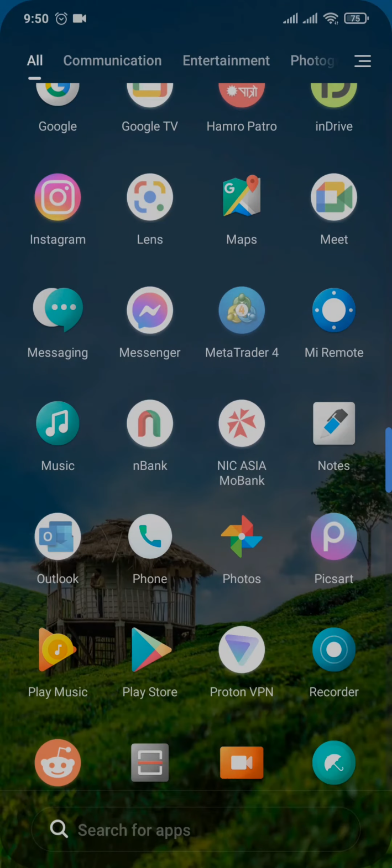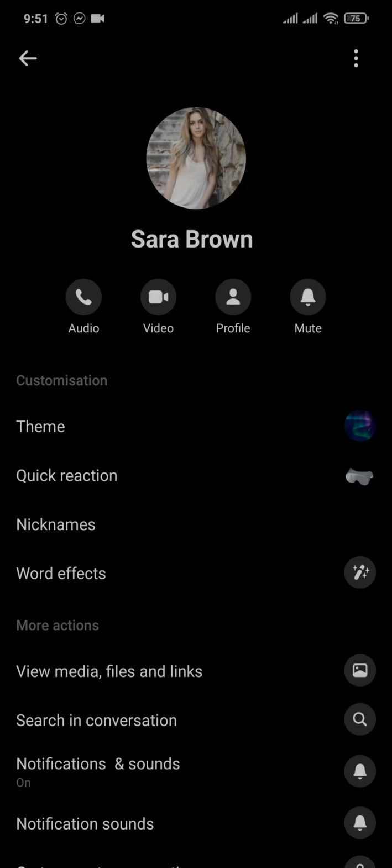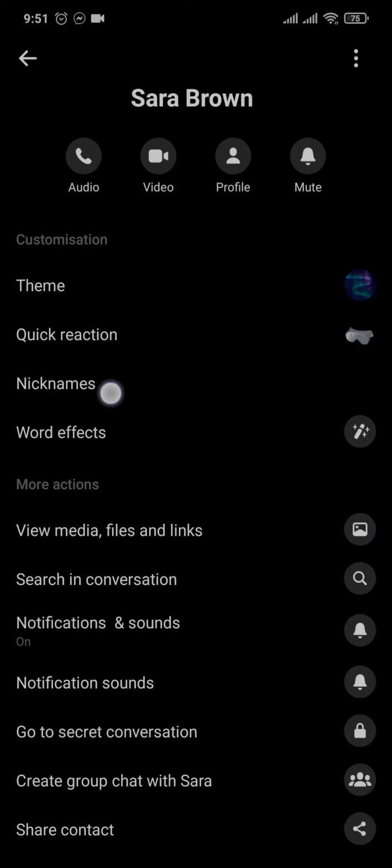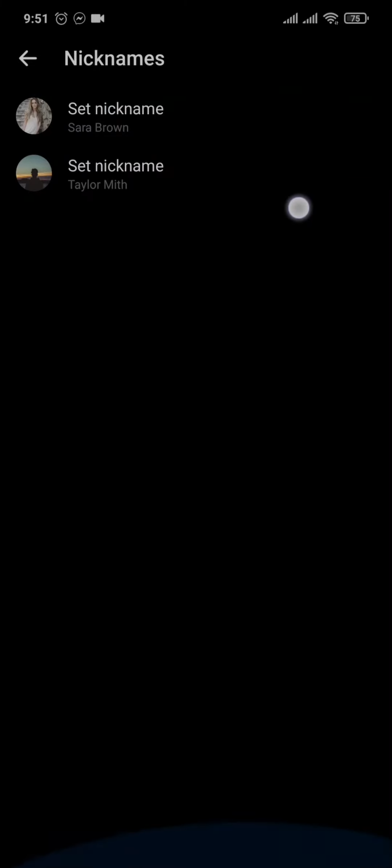Open up your Messenger app and open up the chat where you want to change a nickname. Once you open up the chat, you can just tap on the eye icon on the top right. Once you're here on this menu, under customization, you'll be able to see an option called nicknames. Tap on this option and either you can add in your own nickname or add in the nickname of the other